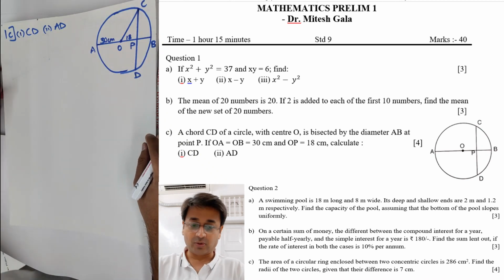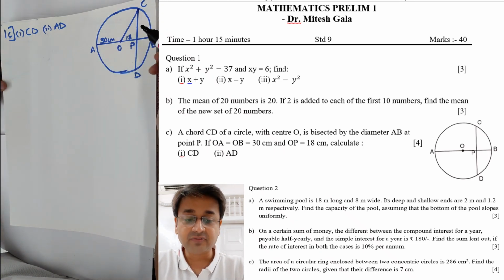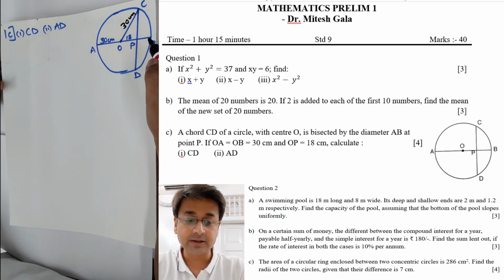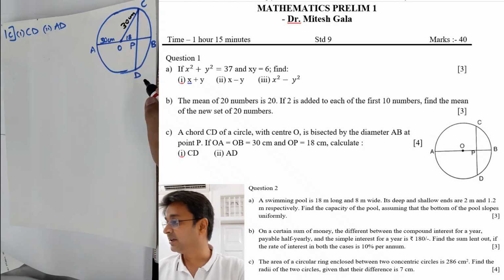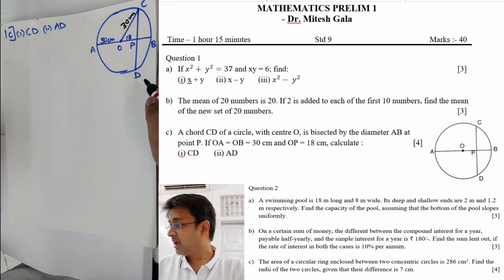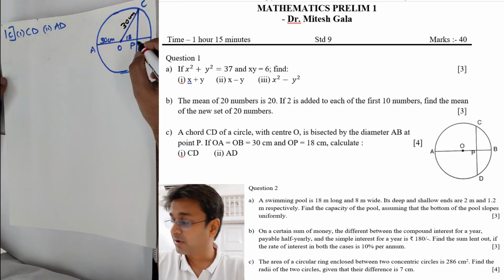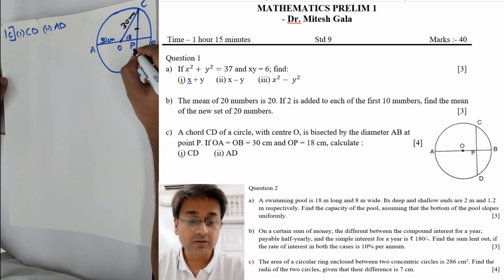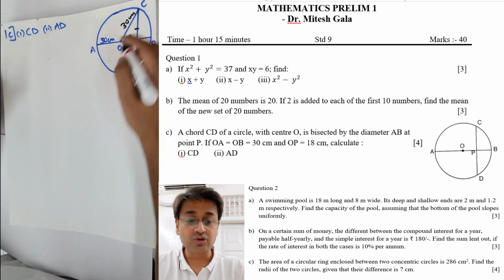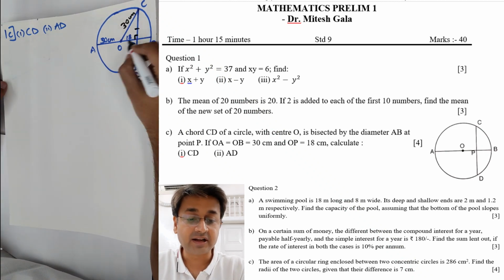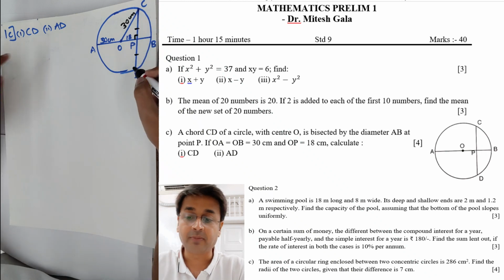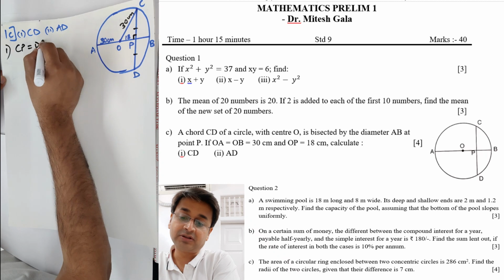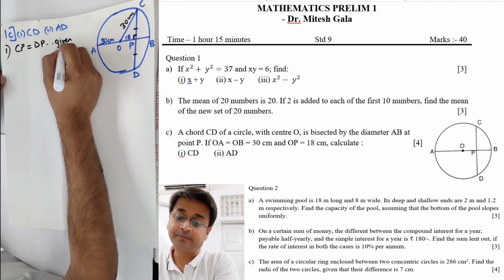Let's move on to the next one, 1C. Radius is given to you as 30. So let's take this OC also as 30. OP is 18, and your target is to find CD. I'm sure there's something else also given. They say that CD is bisected at AB. So CD is bisected over here. So we'll have to use this bisecting part, say that this is 90, apply Pythagoras, get CP and then double to get CD. So my step 1 will be CP equals DP, reason given.